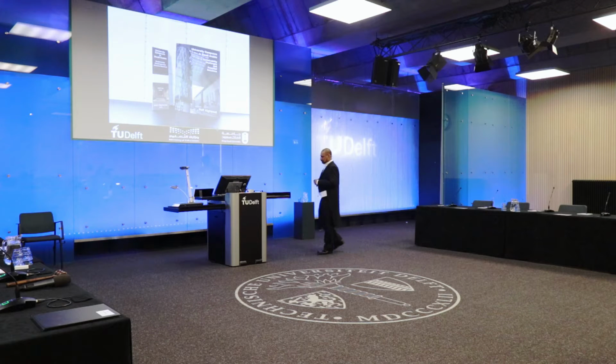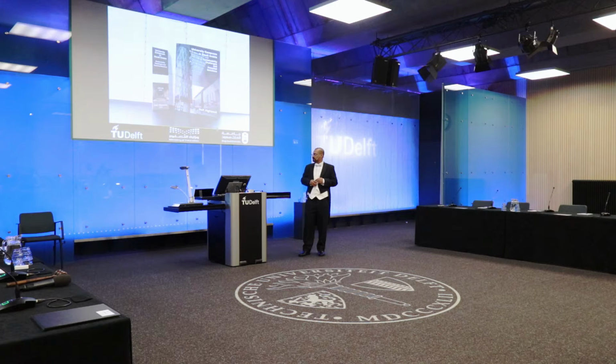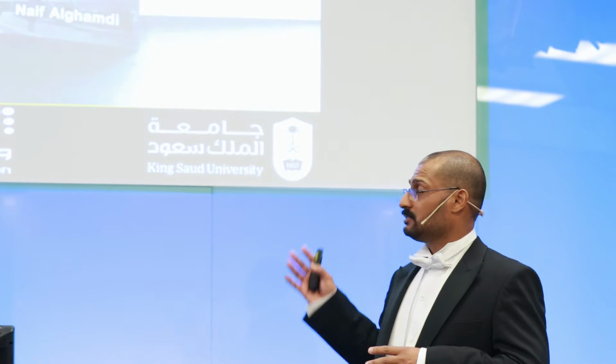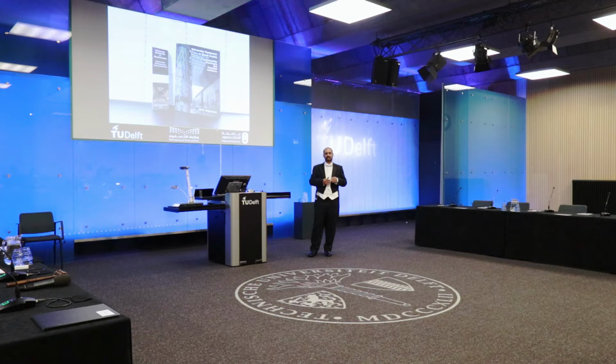My research is about university campuses in Saudi Arabia. For the outline of the presentation, I will first start with the context, which is the problems that we have in Saudi Arabia about sustainability in university campuses, and then I will show you the aims, research question and the approach in which I conducted the research, and then I will show you the main lessons learned from best practices. Then we'll move to the conclusions and recommendations.